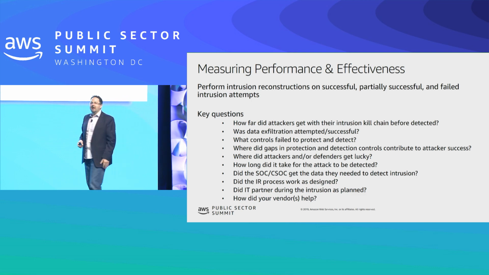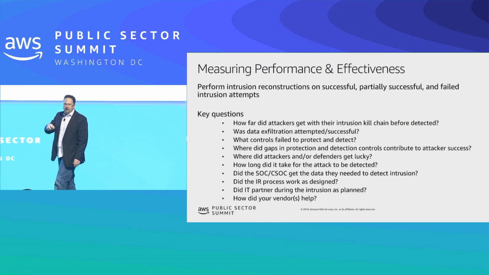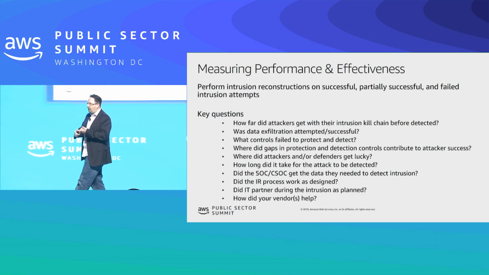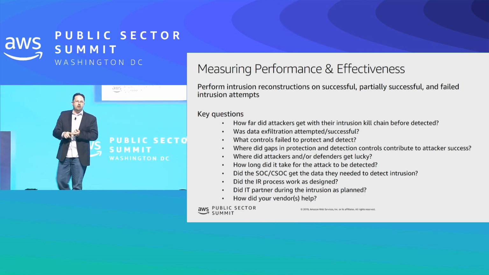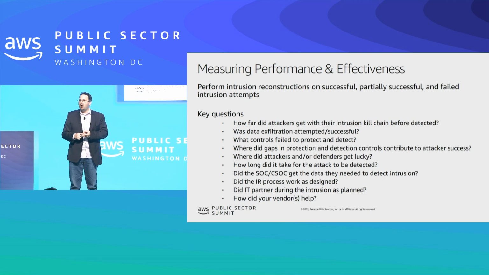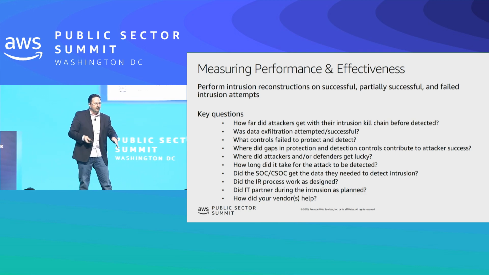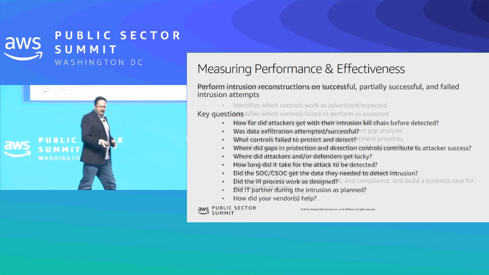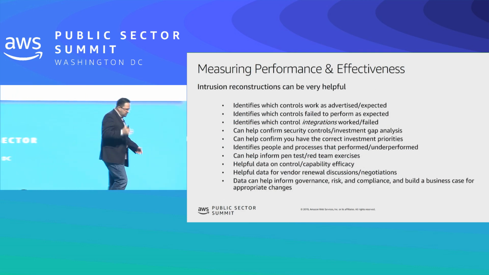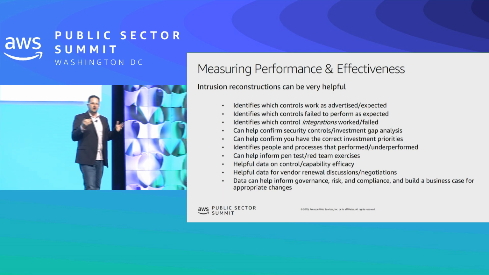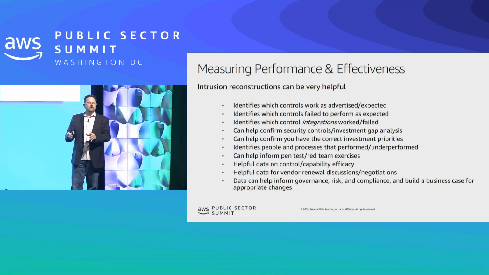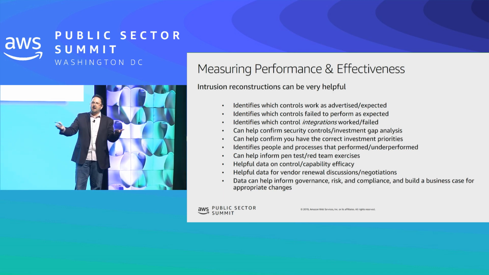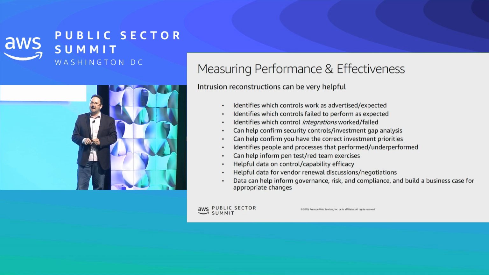How did they get past all the capability that they already invested in at the top of that kill chain? And then once you determine that, you can figure out which of your vendors are not working the way you thought they would, which of the integrations are not working the way they should be. There's all sorts of things that you can learn from this. And you can figure out which controls you're going to replace because they're not working the way they should, which vendors, when their contract comes up, you're not going to renew with because the stuff doesn't work as advertised.